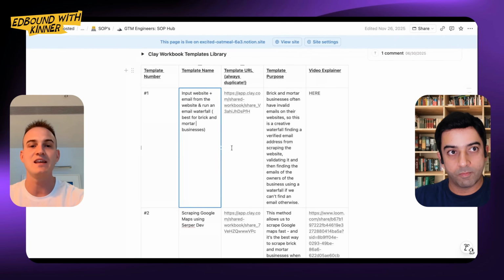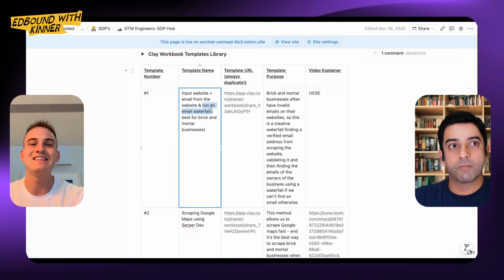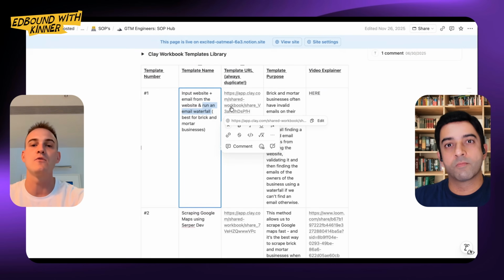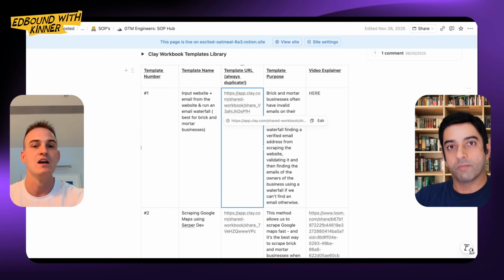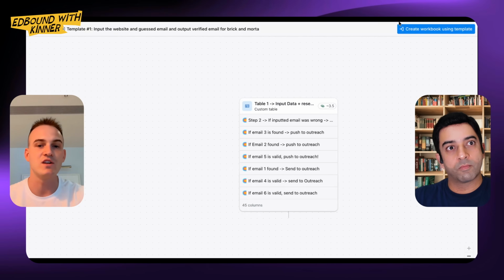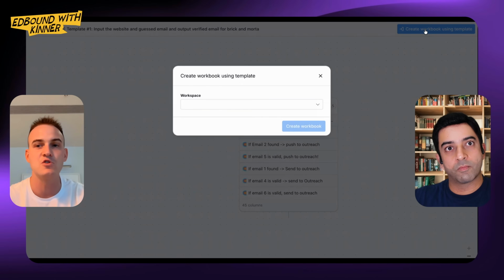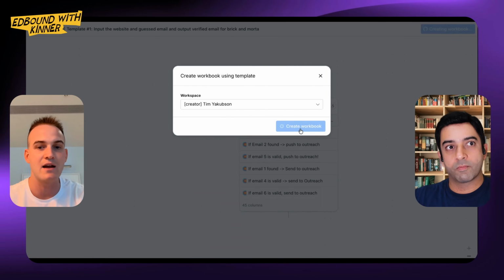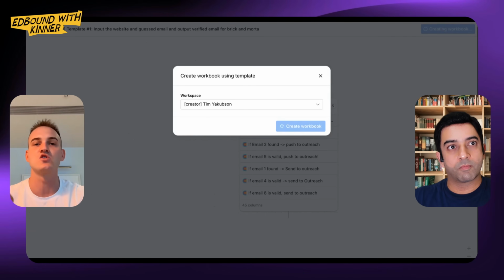I'll open it up in a second. It enables you to input the website of a company, and based on that, we can go and find the email address of the decision makers in the company. This is specifically used for brick and mortar businesses. If I click into this template, it redirects me over here. I have the option to create the workbook using the template. I can select a random Clay account, create a workbook, and in real time, we're able to scrape Google